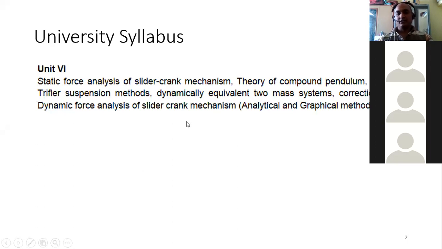Okay. So in this syllabus, what I want to mention over here, that every other point is covered. Only this first point is remaining now, right? Static force analysis. So today we are going to cover the first point, that is static force analysis. So you must be wondering why I'm taking this last one. Okay, but now you will understand why I am taking this as the last point of the syllabus. Okay, now you will understand what is the importance of the static force. You must do this after dynamic force analysis. Okay, you will understand now why.